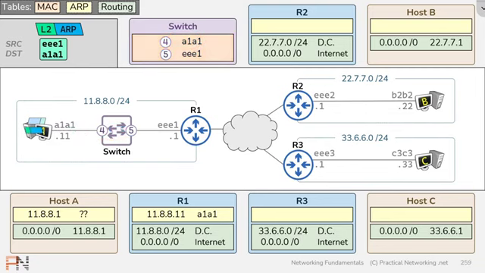Once host A receives it, host A will learn the MAC address that it was trying to resolve. In this case, that the IP address 11.8.8.1 maps to the MAC address EEE1. And now, host A has the necessary information to complete this layer 2 header, which will take our data packet